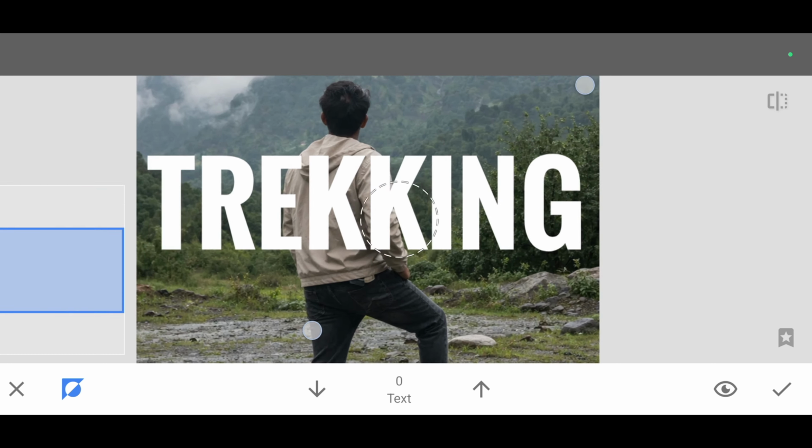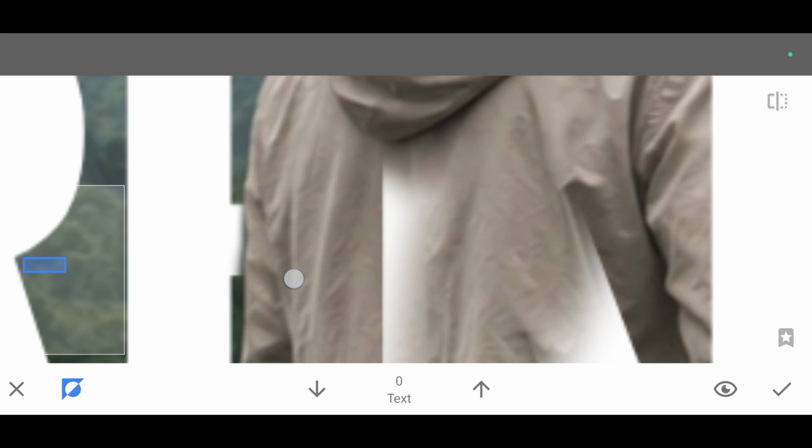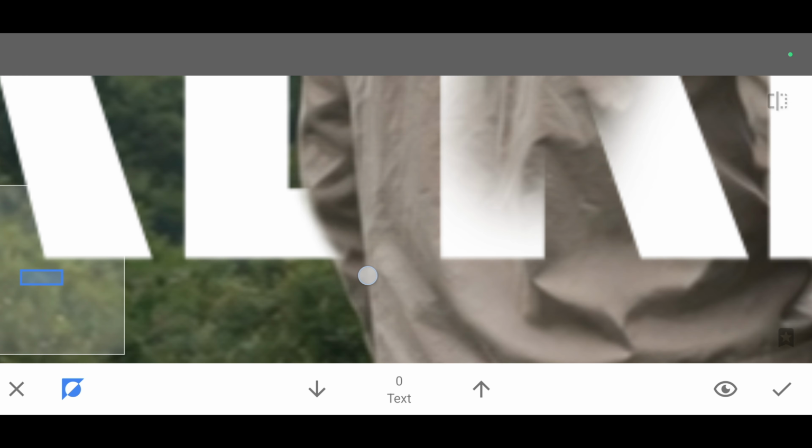Okay, zoom the photo and start erasing the text which is on the subject. Zoom the photo and just brush like this. To erase, just decrease the percentage, make it 0, and if you want to restore it, just increase the percentage,